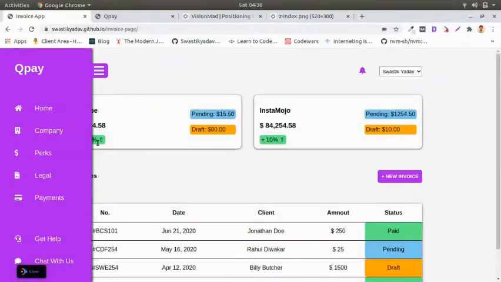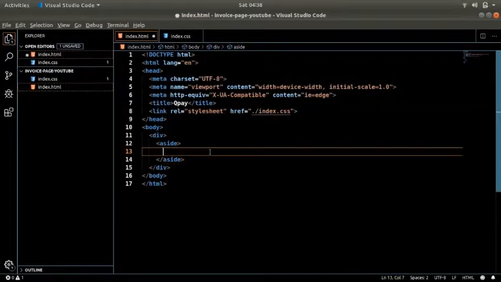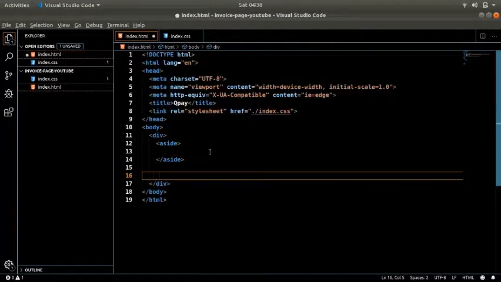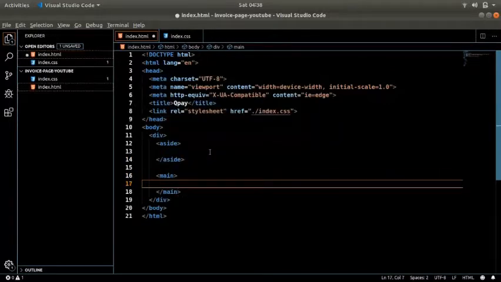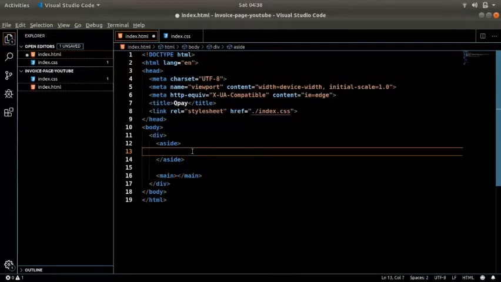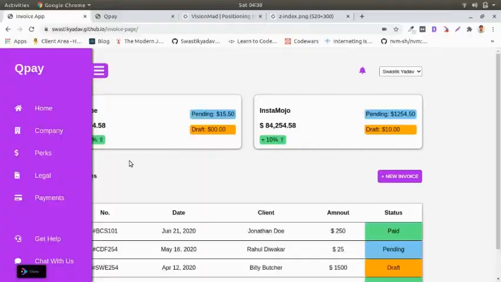We still have to do it with CSS, right? I used to think like that when I was learning HTML, and that's hilarious. So we have this aside tag, and then we have our main tag. This main tag is everything that the page has, and this aside tag is the sidebar.